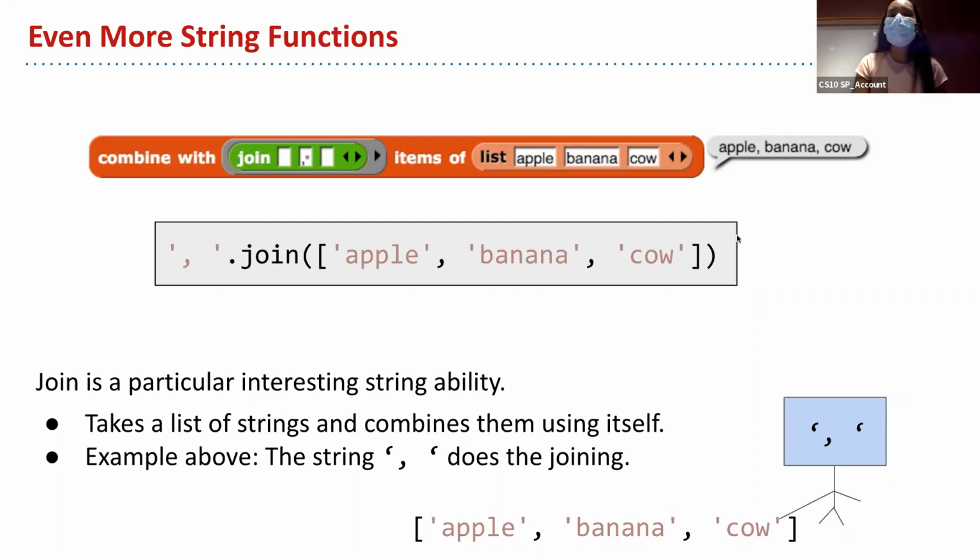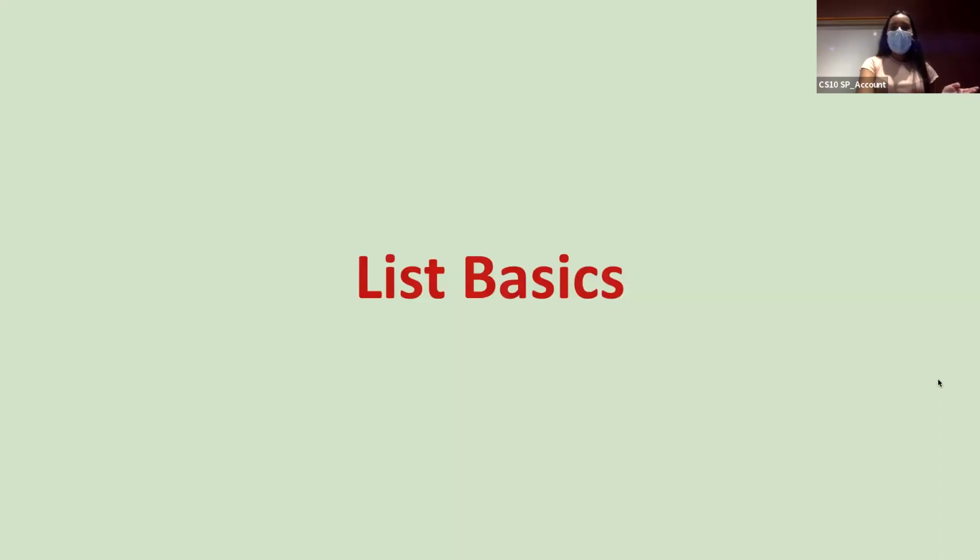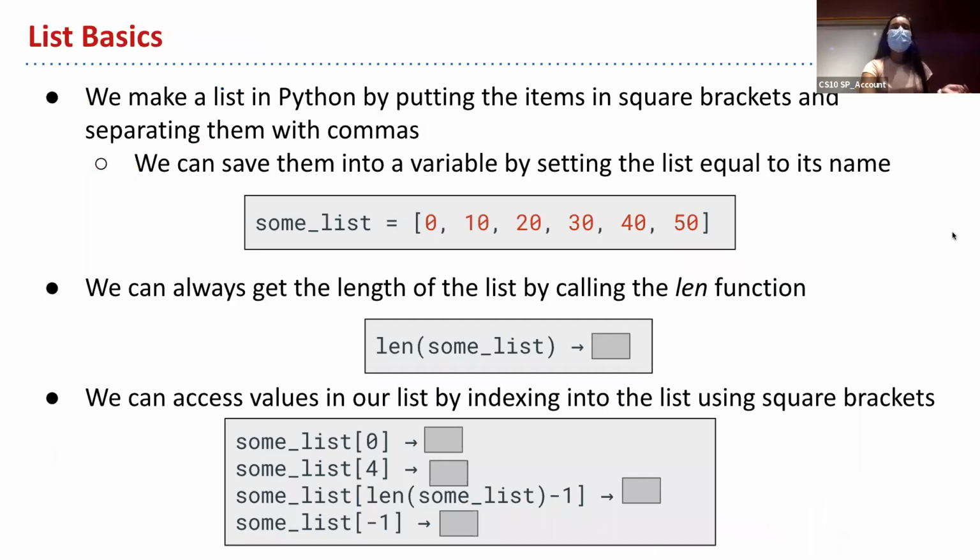Okay, I think this is something that's probably more useful when you see it in practice. So I think lab will be helpful for that. But yeah, so moving on to list basics. We kind of talked about this yesterday, but lists are super, super important in Python and in Snap, as you've probably already seen. So we're going to review how we make lists. Do you guys remember how to make lists?